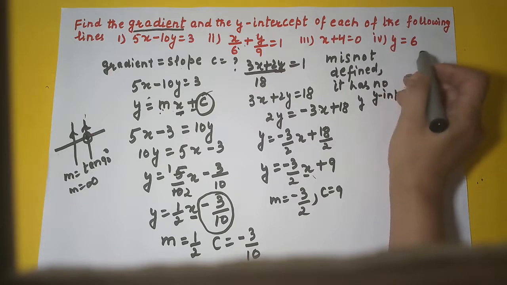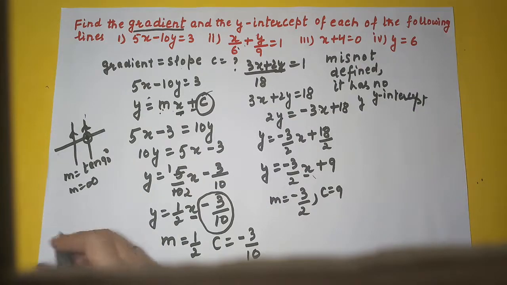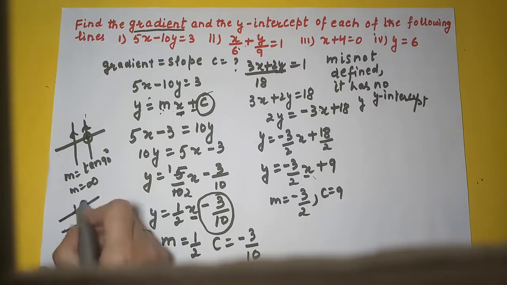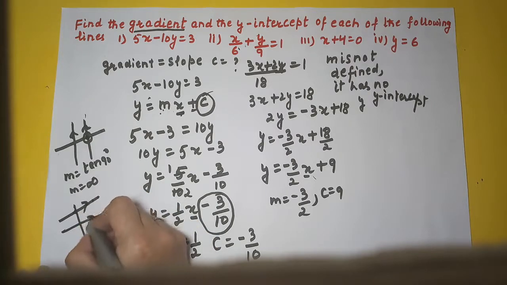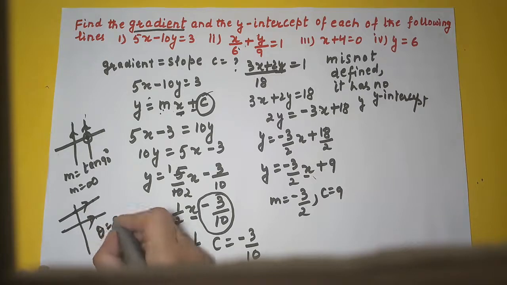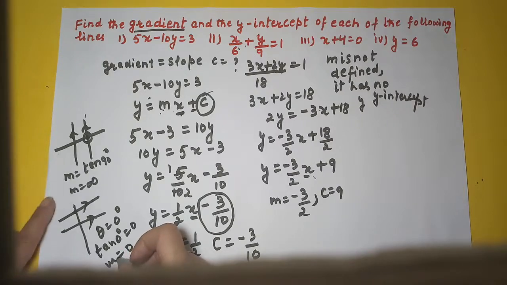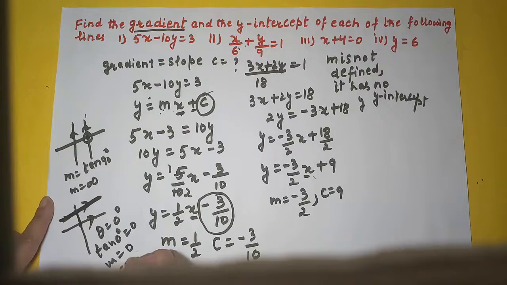Okay, then this y equal to 6. Now what do we mean by y equal to 6? It's a line which is parallel to the x-axis. Suppose here we have 6. So y equal to 6 is a line like this. Which angle is it making with the positive direction of the x-axis? 0 degrees. So what is tan 0 degrees? 0. So what is the slope? 0. So it has slope 0, and y-intercept: how much distance is it cutting along the y-axis? 6 units. So your c will be 6.